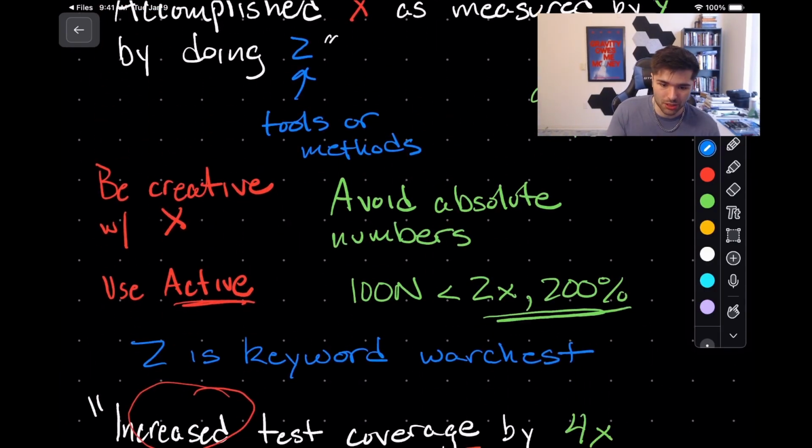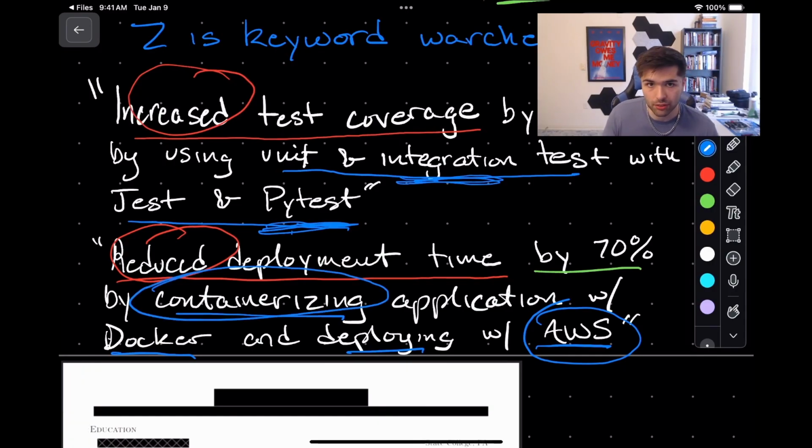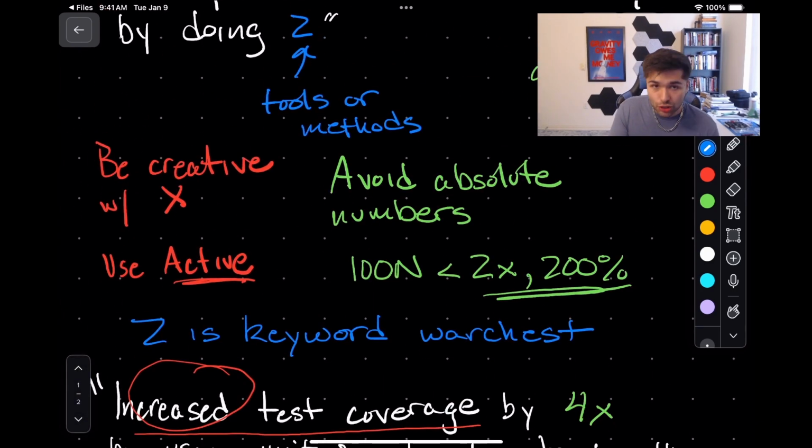You really want to do it in Z. Z is where you bust out the tools and the methods or algorithms or whatever that you use to accomplish whatever you're bragging about in the first half of your bullet. So these are some pretty generic but also very powerful tips, because the XYZ method,